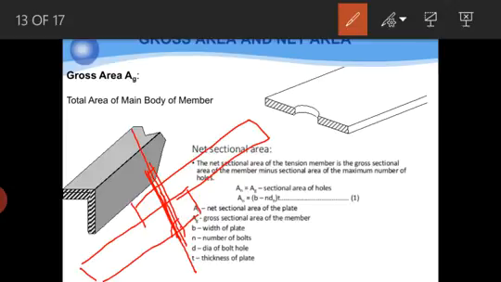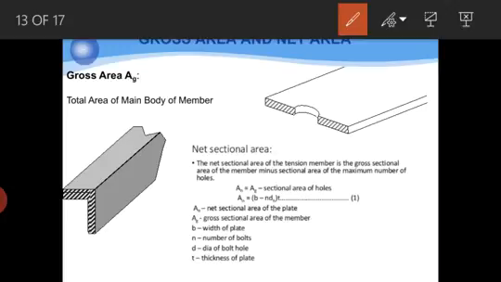The gross area means, before making holes, whatever area is available to us. That means the total area of the main body of the member. The net sectional area of the tension member is the cross sectional area of the member, AG, minus the sectional area of the maximum number of holes made in a plate. That is called the net sectional area. So here